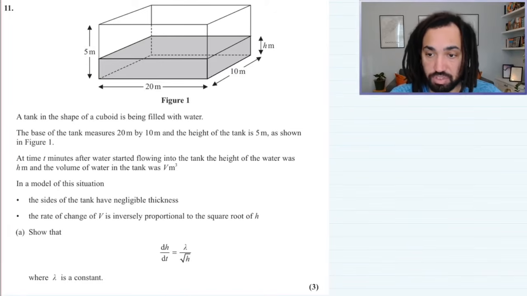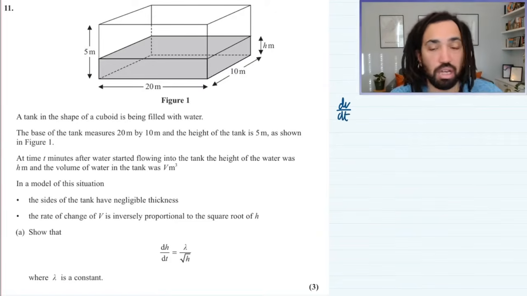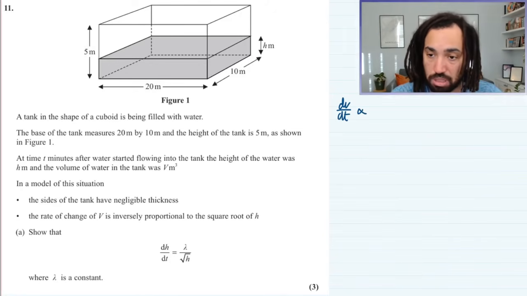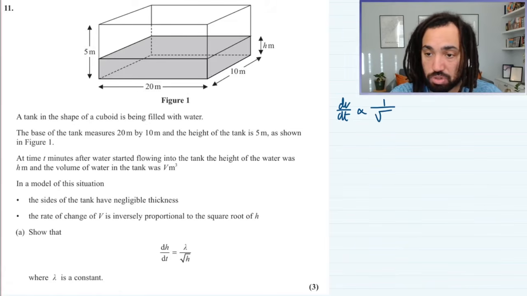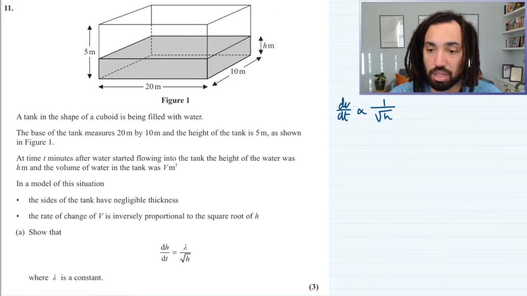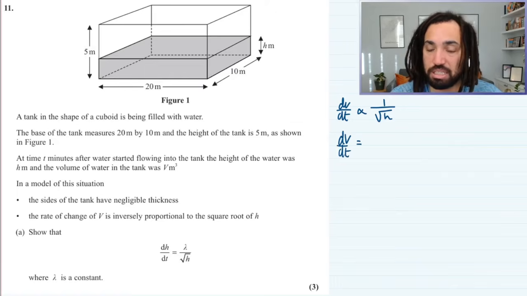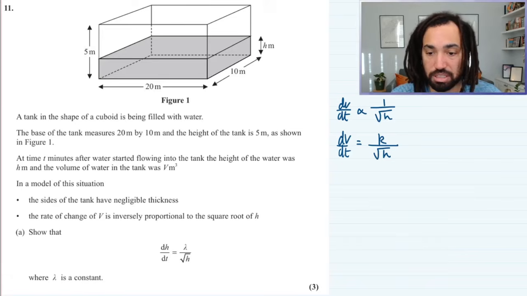The rate of change of v is dv by dt. And we are saying that that is inversely proportional, so proportional to 1 over the square root of h. So we know from our proportionality rules that we learnt at GCSE that this is equal to some constant k over the square root of h. Okay,